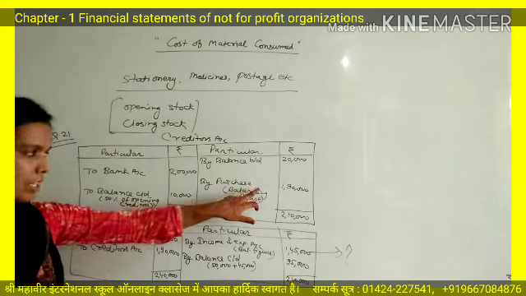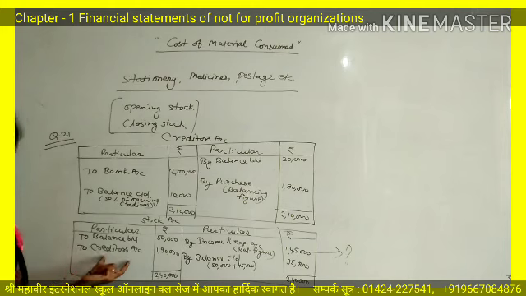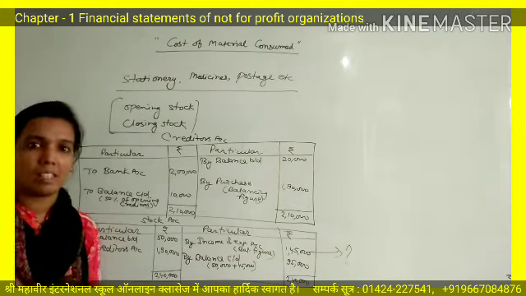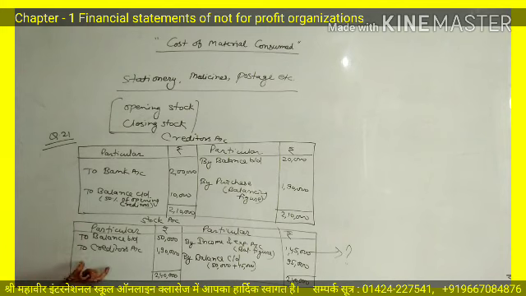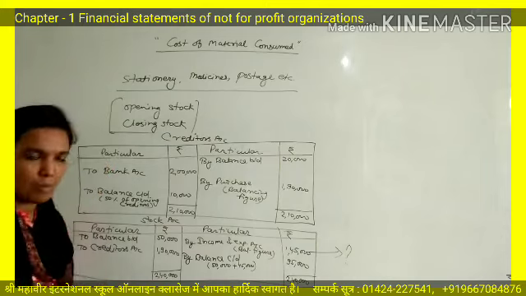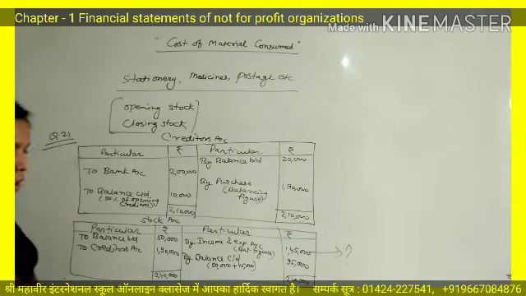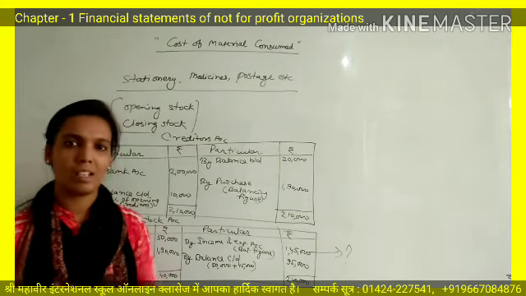So the purchase will also be shown in the stock account. And one more thing, the creditors we are writing here in the stock account, that is credit purchase. Suppose that if there is cash purchase also in the question, then we will show the cash purchase also here, to cash purchase. So here we don't have any cash purchase, so just total of debit side 2,40,000. Out of 240 we just deducted closing balance. So we find the amount to be shown in income and expenditure account, 1,45,000. This is the final answer of this question.